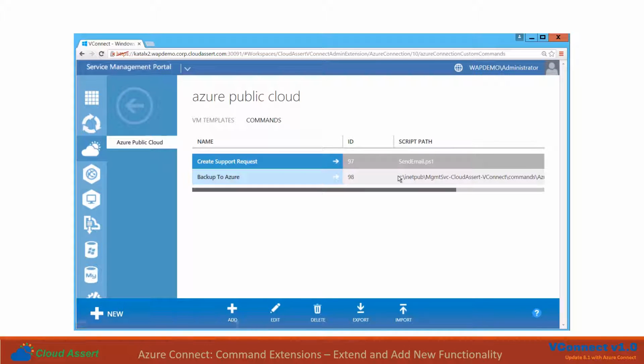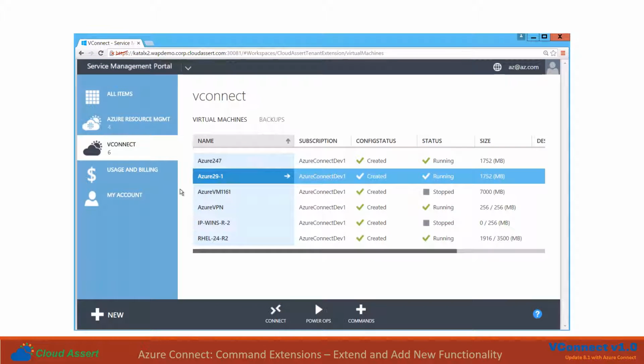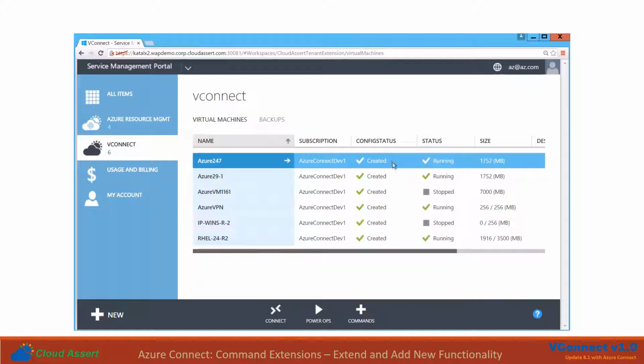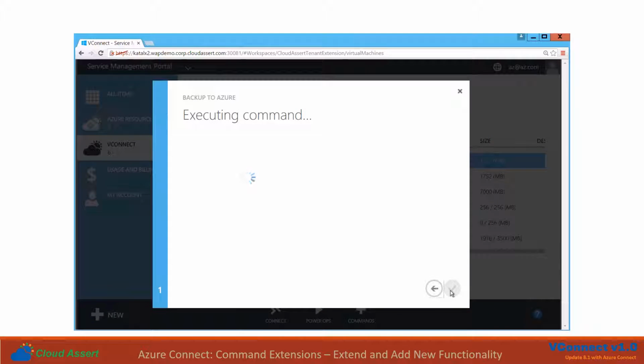So now that we have added a couple of commands, let's look at the tenant portal experience and see how these commands appear for the end user. So now we are in the Windows Azure Pack tenant portal. When I select a VM, we can see that the commands button appears here. And if I click this, we can see that a couple of new commands that we added from the admin portal is already here. So let's say if I click on backup to Azure, so this is going to execute